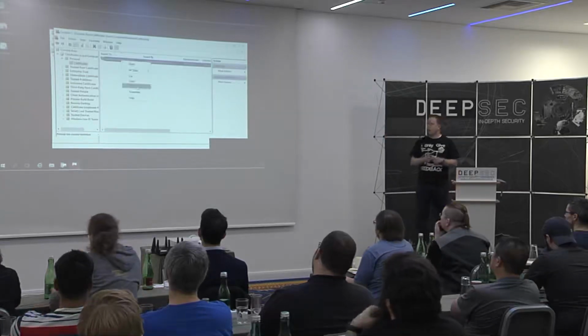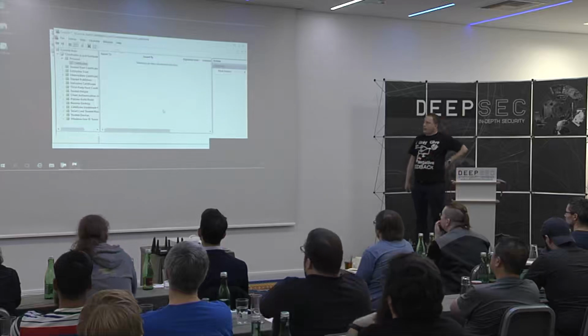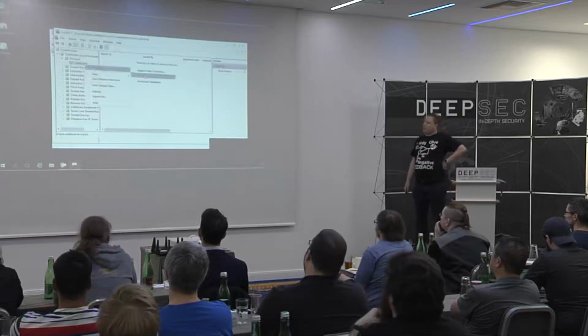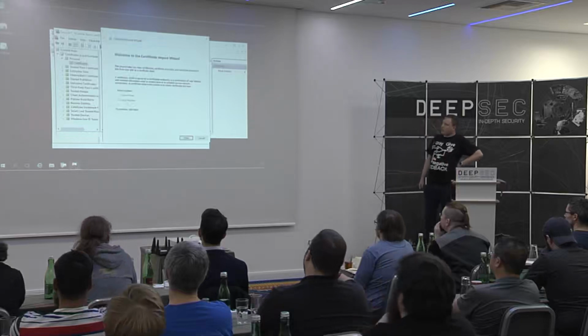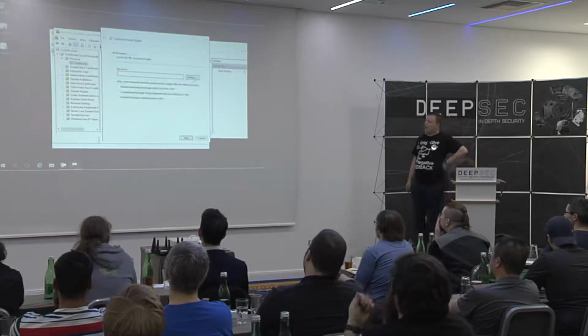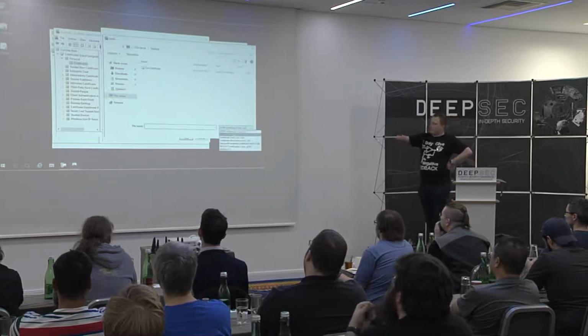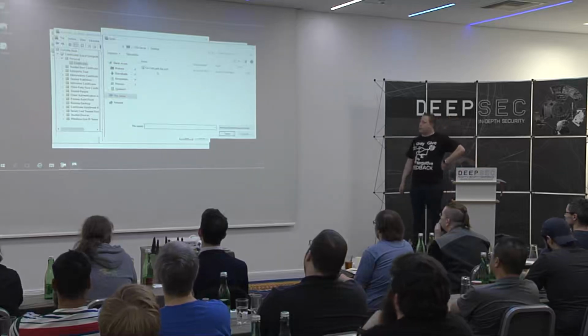So doing that, the key is now gone. And now we right click and say we import. What we can see at the import, after selecting the file, which is a P12, so you have to search for containers,